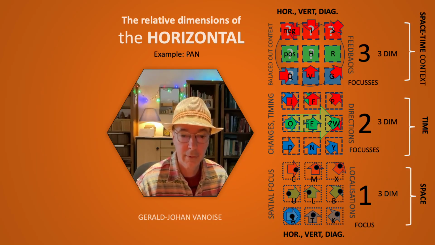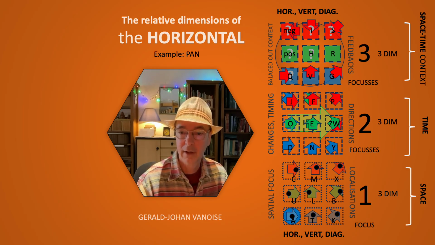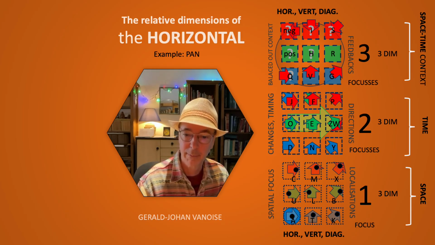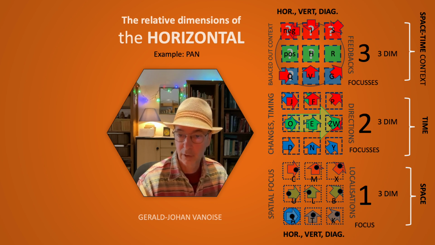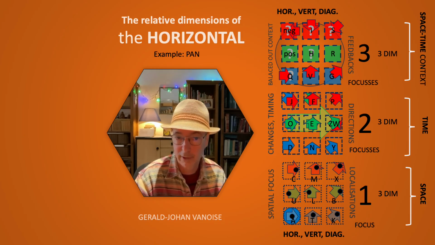I promised you a second video about the relative dimensions. It sounds quite difficult, but it isn't. I will tell you how the relative idea of horizontal, for instance, can exist, and how they also exist in how we perceive the letter positions and the letter orientations, as we have here a system of 3 times 3 positions, which also all have a horizontal, vertical and diagonal direction. So let's figure out how this works and how this also works in reality and why